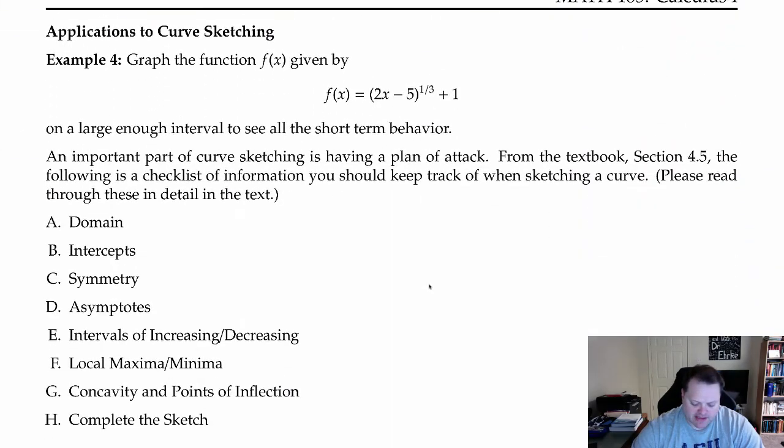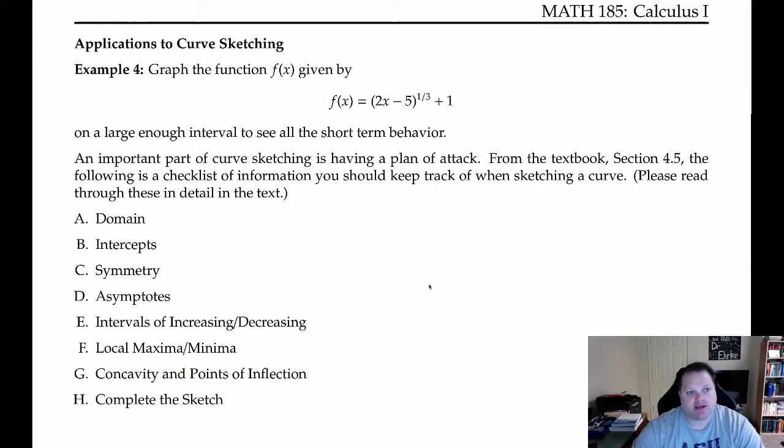All right, our last example this morning, we're going to try to sketch a graph together from start to finish based on all the information that we've been learning here in this particular lecture. Your book has a very detailed description of how you should approach these sketching problems. In section 4.5, it talks about all the different checklist things that you should do, and I've listed them here, and we're going to go down the checklist and talk about the information relevant to this